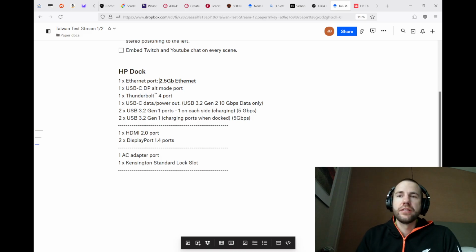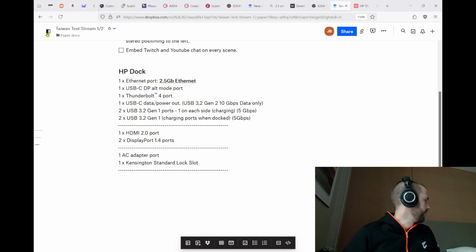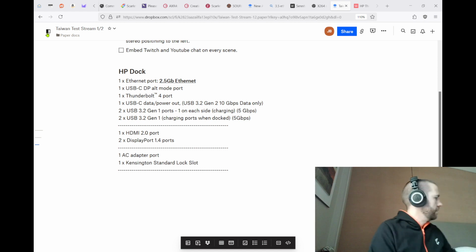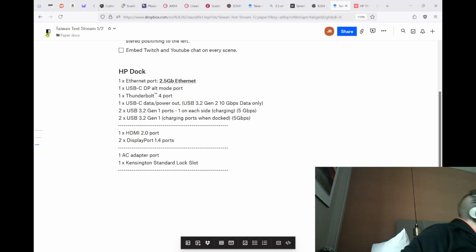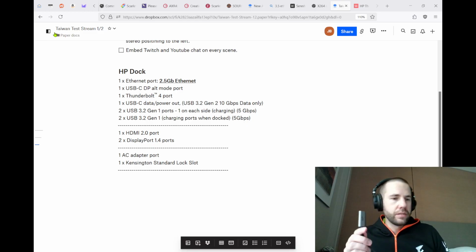Now the final device is my laptop, and that's actually where it gets a little bit more complicated. Let's see. Oh, the scene switching is just a little bit slow. There's a 1 gigabit Ethernet, USB-C. I believe you can now get these as 2.5, but because I have a dock, and my whole aim with